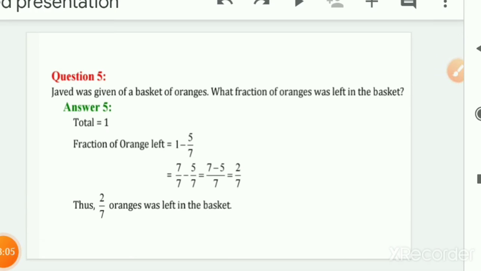So I hope everything is clear to you regarding such queries. If any problem comes, like you are having 2/5 of a fruit basket, or 2/5 of chocolates or something else, and how much is left in your container, what we will do is just subtract that fraction from 1. Because one part of that fraction we have taken, so how much is left? Just subtract from 1.